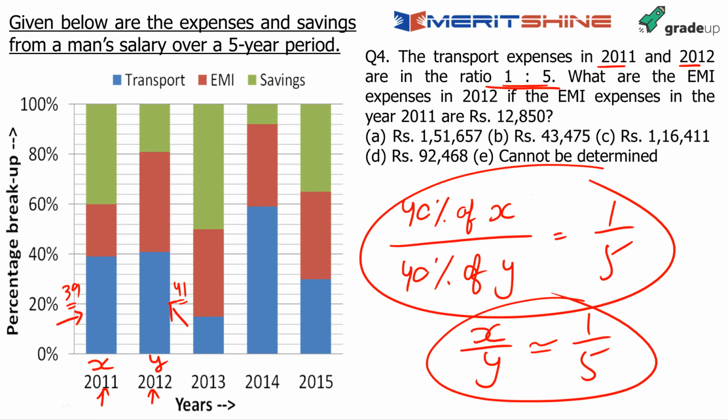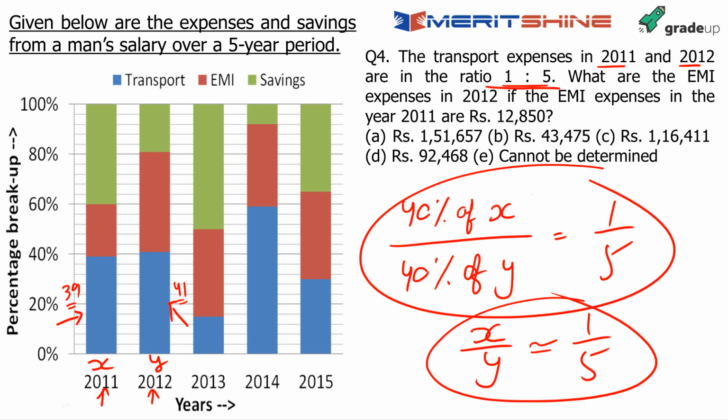Now tell me, is this okay with everybody? Can you type a yes so that I can proceed and explain the next step to you? Please type a yes. I'll understand that this is okay. Approximately 40% of X, approximately 40% of Y, the ratio is 1:5. It means that X is to Y is approximately 1:5. Is this okay with everybody? Please type a yes. I will proceed to the next step in this question. Yes, I can see a few yeses.